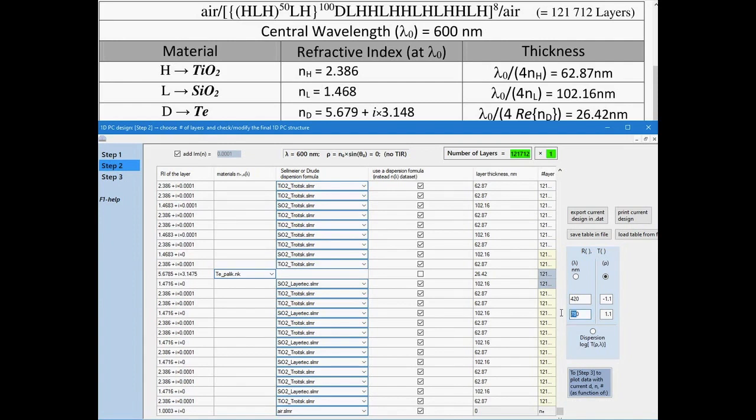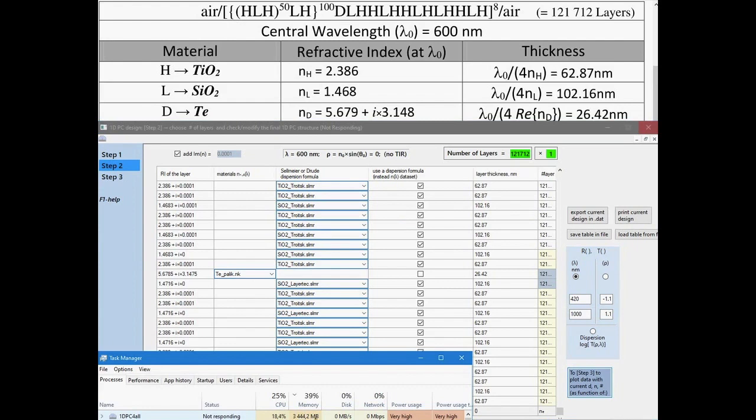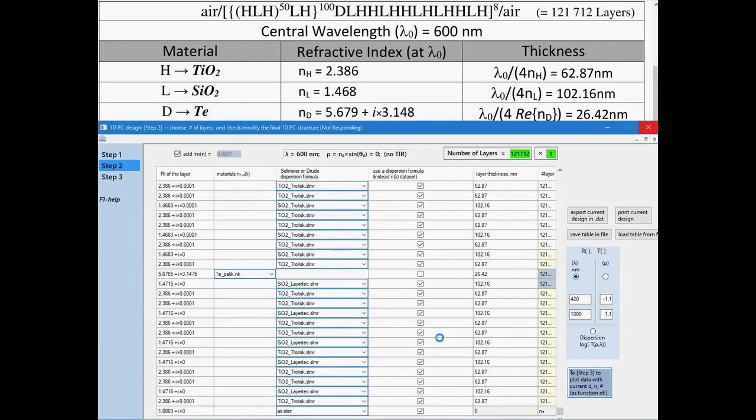Now let's see what we have just obtained. To do this, we start plotting the transmission and reflection spectra and wait until they are calculated. Here, as well, it is important to watch that the amount of used RAM does not go beyond the actual RAM you have. So, it is important to watch that there are no swaps to the hard disk, otherwise it will greatly slow down the execution of the program. In this case, it is better to further reduce the number of calculated points. Here we are just waiting.